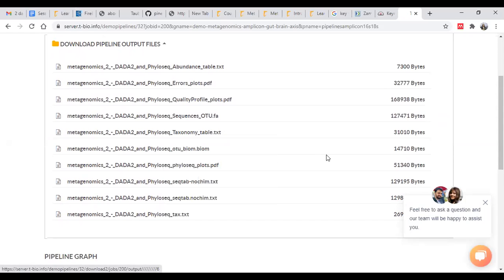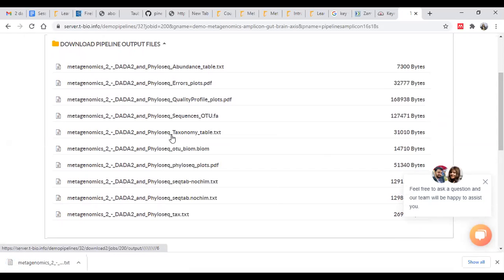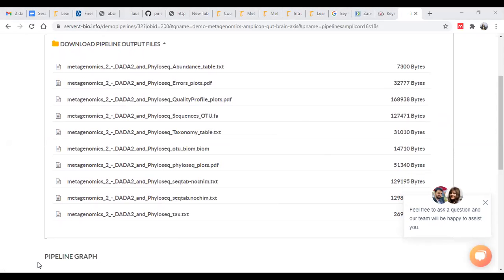So let's first look at this OTU table. Here we have OTUs, and they correspond to each of the different taxonomic units, taxonomic species. This is the table that we have obtained.